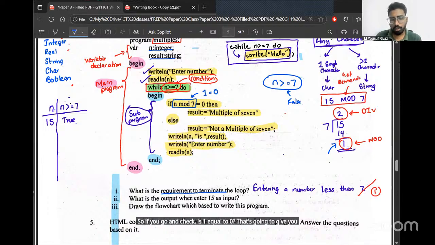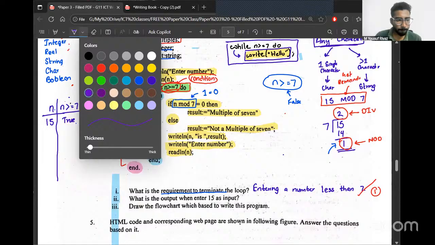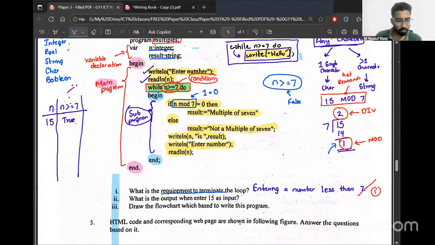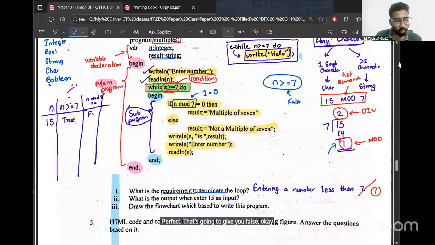That's going to give you true or false. Perfect. That's going to give you false. Okay. So when that instruction is false, tell me, should the value of result be this first one or the second one?